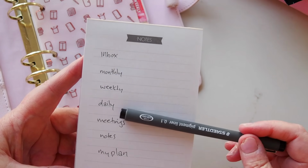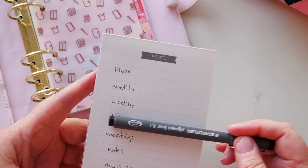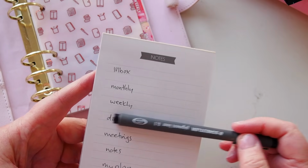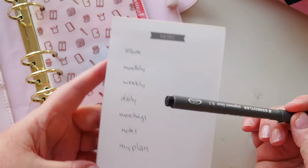Now, I don't normally have a daily section. This is new, but I'm kind of going to meld all these into one. As you can see, I've only got daily. I don't have meeting or note or my plan. So